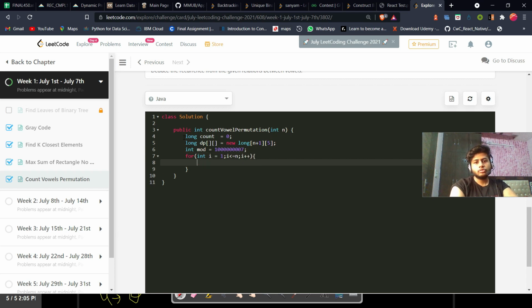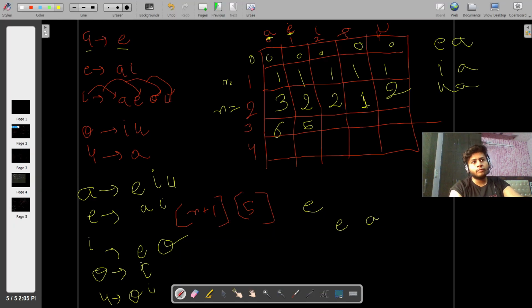So what we are doing, like we are just iterating through all of our dp. Okay, what we are going to do, like if a equals to 1. Okay, I have to do one more thing, like for the starting of our algorithm, we have to put all ones at the first of this.